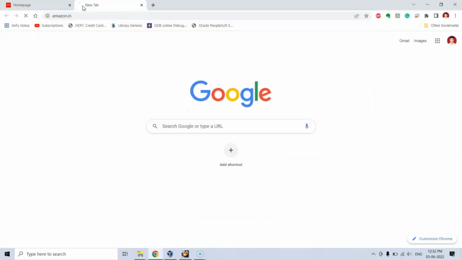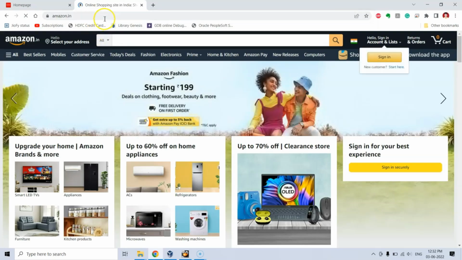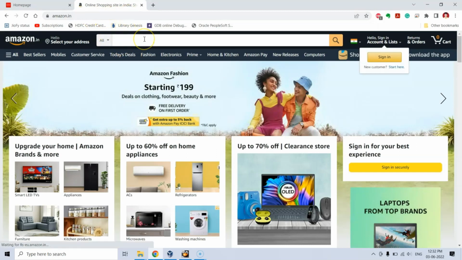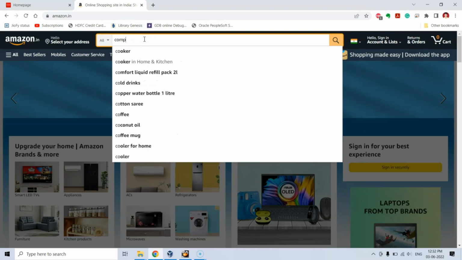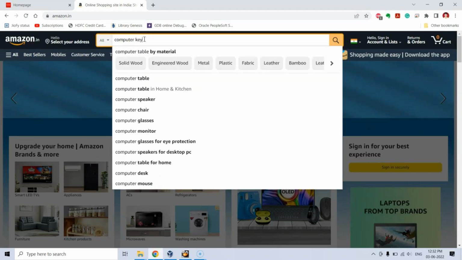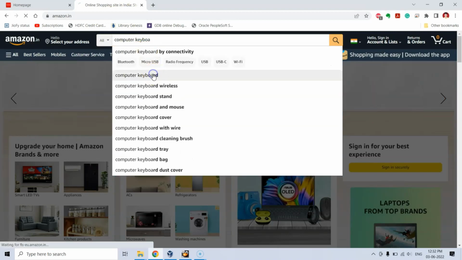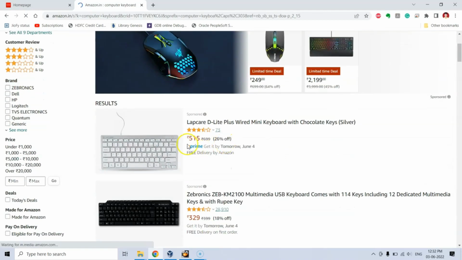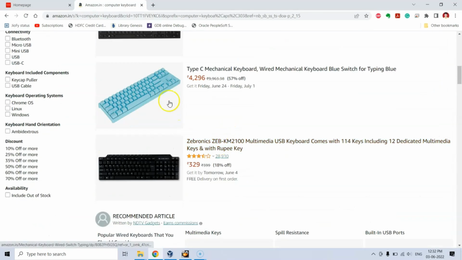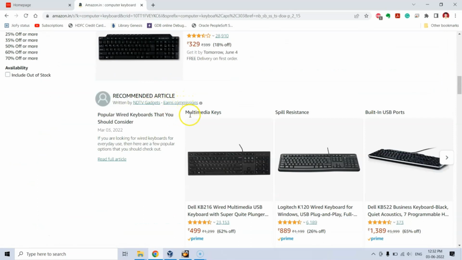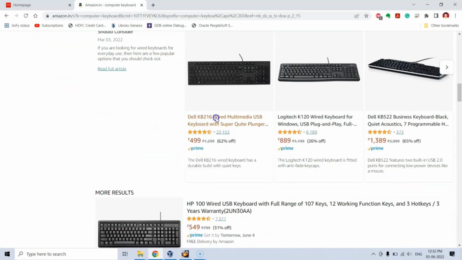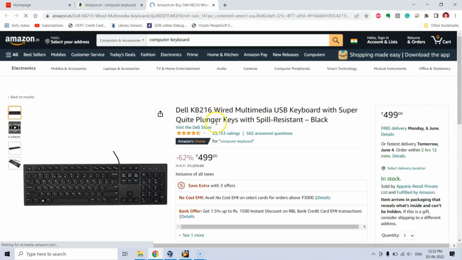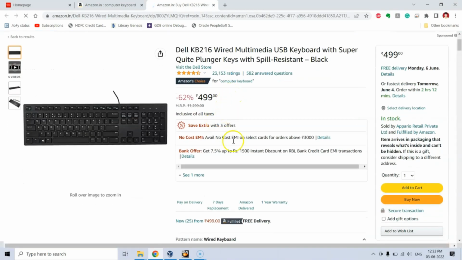So let's say a user might go to Amazon.in, which is one of the most leading e-commerce companies. He might search for a particular item. Let's say he wants to order a computer keyboard. Then he would search for the items and he would get a list of all the available items which match his search criteria. So he might select any of the items, and once he does, he will see all the